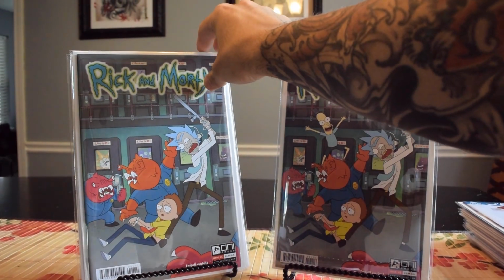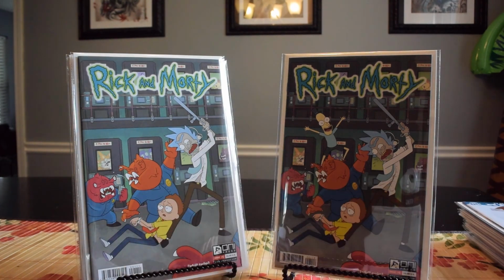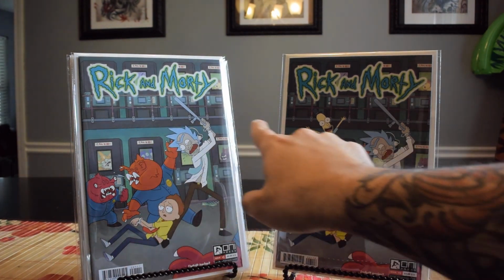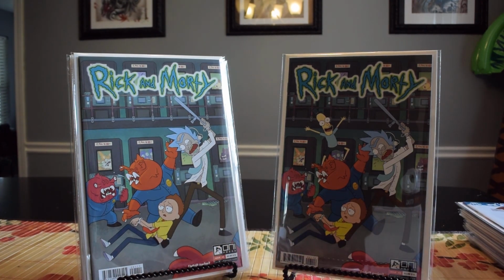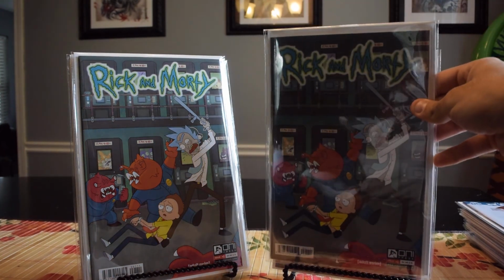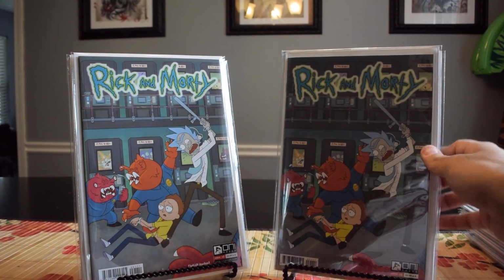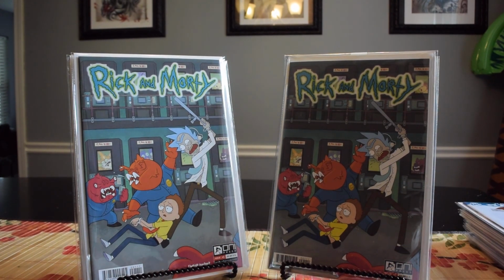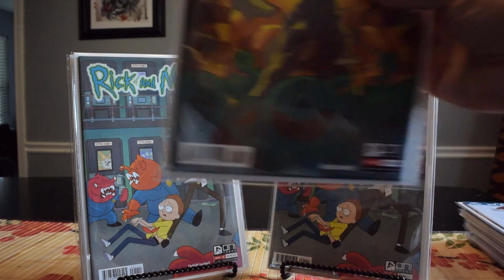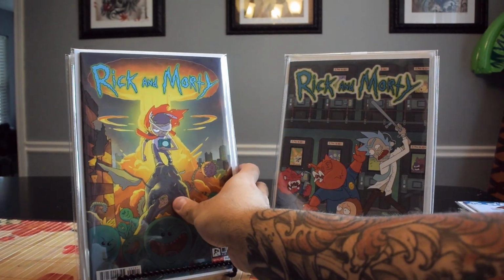Alright, and so let me show you how similar they are. Here are 2 Rick and Morty first printings that I picked up, #1s. So you can see the only difference is the Mr. Poopy Butthole and the difference in the barcodes. So do not mistake a 4th printing for a first, because these are not cheap anymore. Here is a second copy of Rick and Morty #1 first printing. And then probably my favorite variant cover of Rick and Morty #1 that came out is this guy,